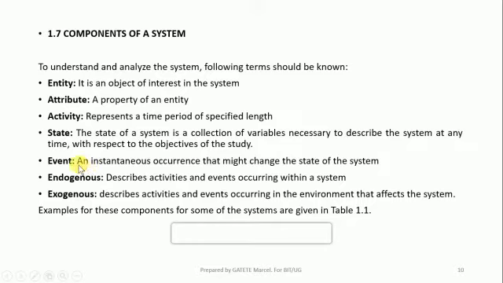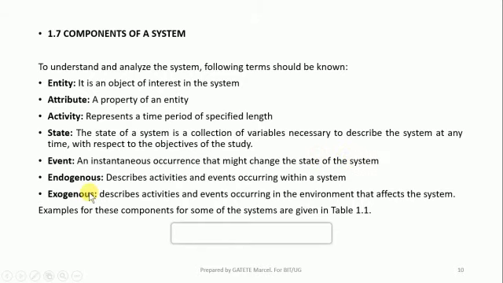We can also have an event. An event is an occurrence. It is something which happens inside the system. If it happens inside the system, it will change the state of the system. For example, there is an event of fire inside your vehicle. You are running a vehicle and there is a fire inside it. What will happen? The vehicle was moving, and it will immediately stop. So the event of the fire inside the vehicle will stop the working state of the vehicle.